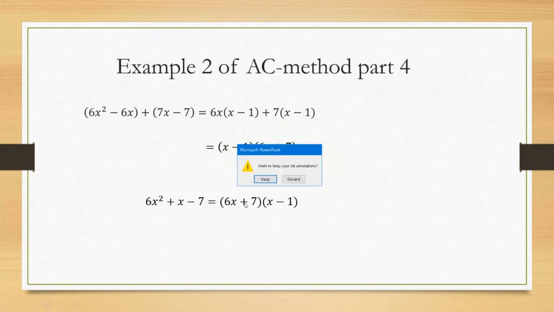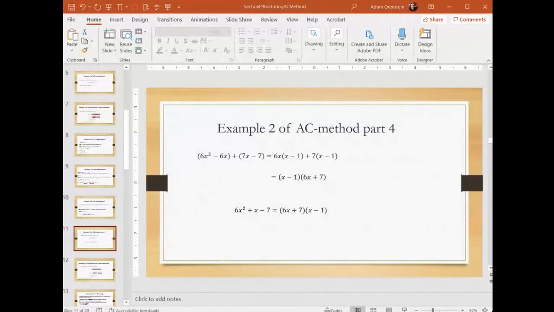Okay. Not done yet. I want to show one more slide. On this